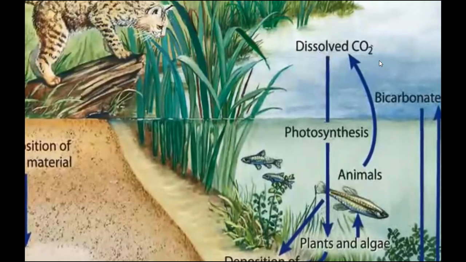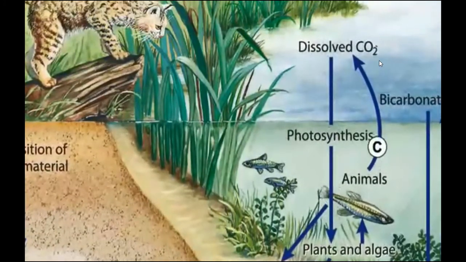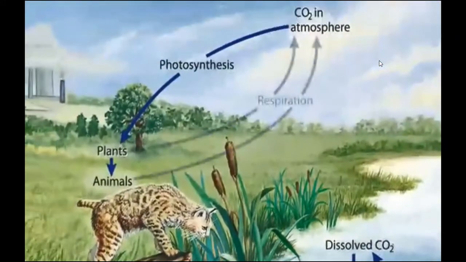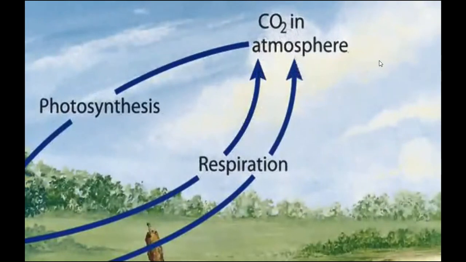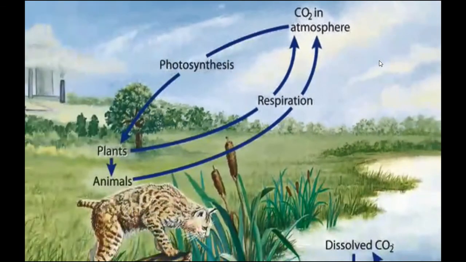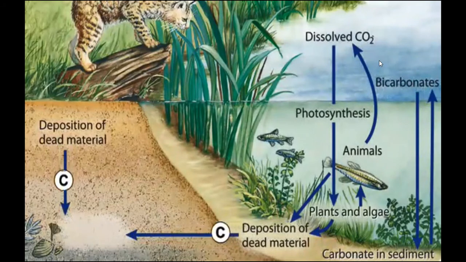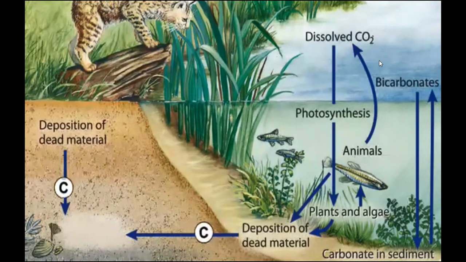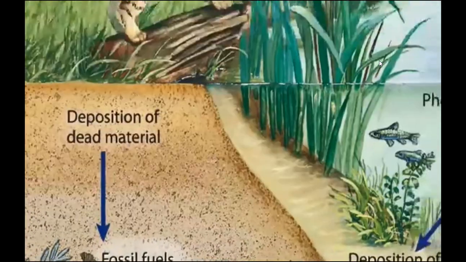When plants and animals use the carbon molecules formed during photosynthesis, energy and carbon dioxide are released and returned to the atmosphere. This is done in a process called respiration. Respiration is the reverse process of photosynthesis and releases carbon dioxide back into the atmosphere. Dead plants and animals decompose, returning carbon from the mineralized back to the ground. The long-term process of carbon molecules, which are buried in the earth, can form fossil fuels such as coal and oil. Carbon dioxide is added